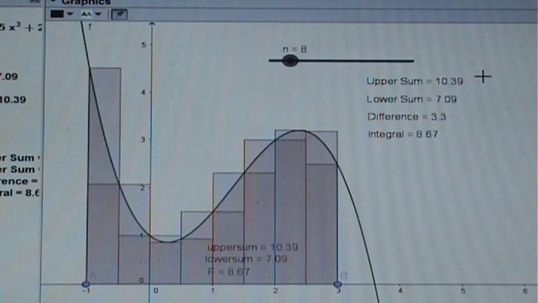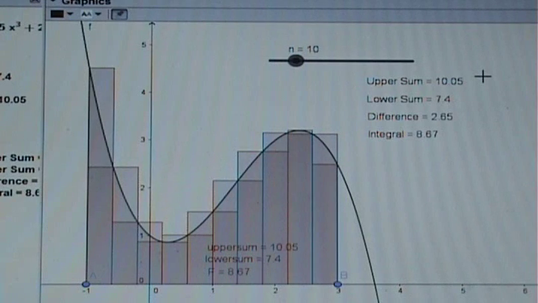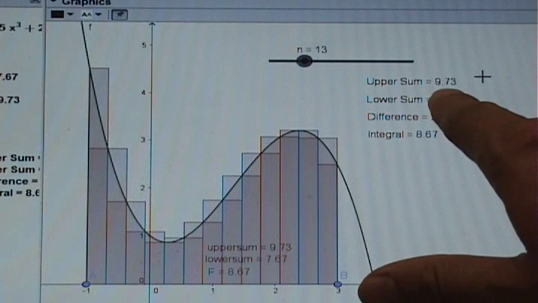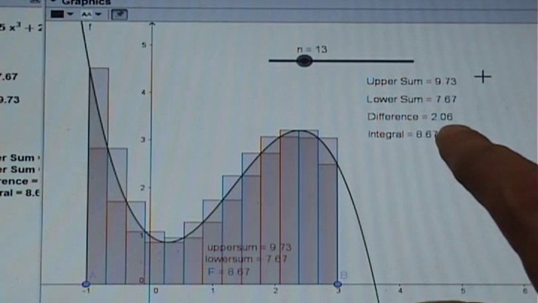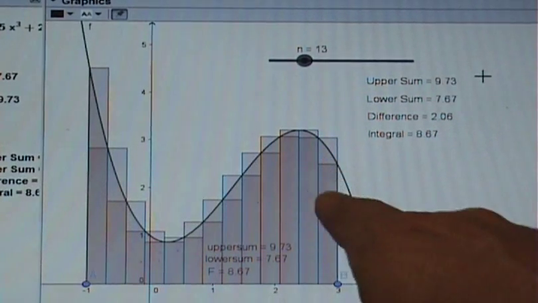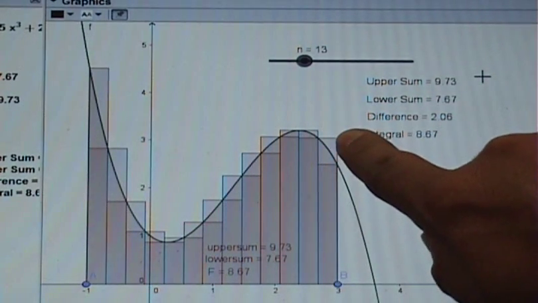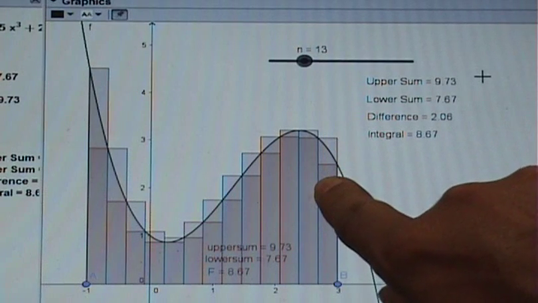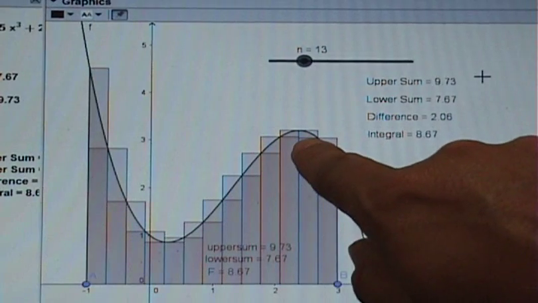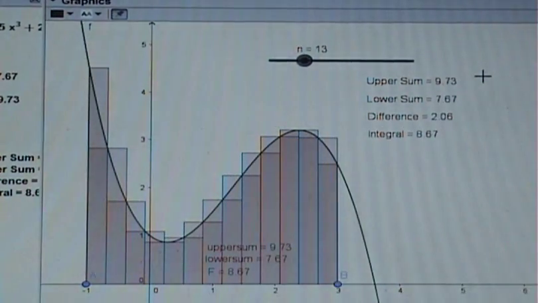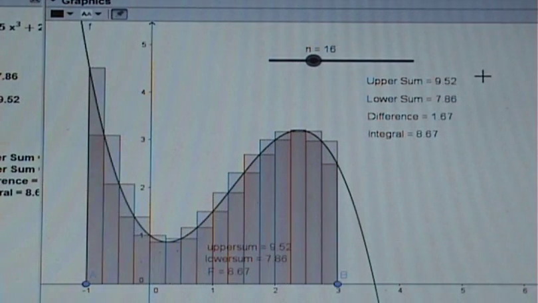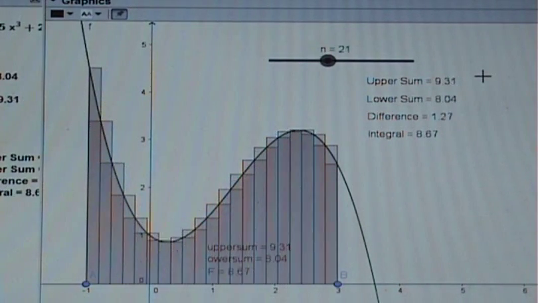So what we want to do is keep increasing the number of rectangles. And as we do, you can see that the upper sum is decreasing and the lower sum is increasing. The difference between the two is getting smaller. The reason is that on each one of these intervals, I have a rectangle that goes outside of it, a rectangle that's totally inside of it, and the difference between those two rectangles is getting smaller each time. You can notice on some points like that, or down here, there's a very small difference. So the trick would be to keep increasing